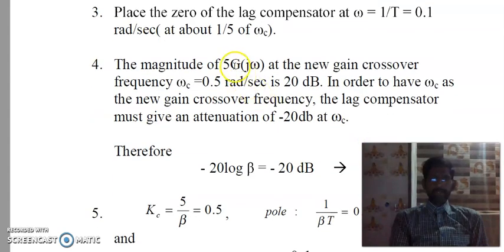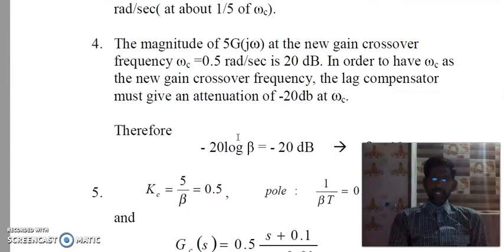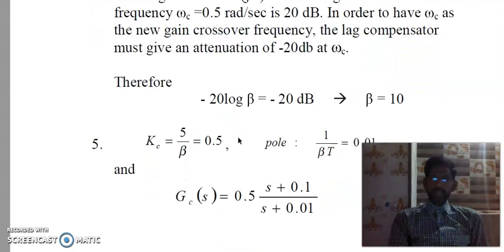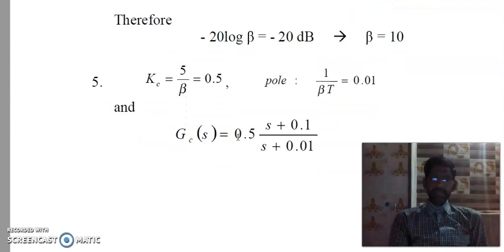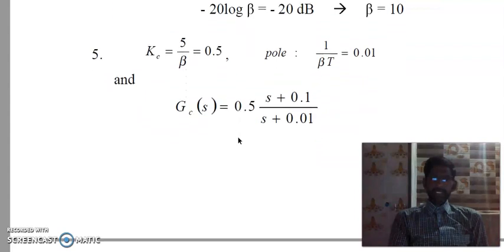The magnitude of 5 G of j omega at the new gain crossover frequency omega c equal to 0.5 radians per second is 20 dB. In order to have omega c as the new gain crossover frequency, the lag compensator must give an attenuation of minus 20 dB at omega c. Therefore, minus 20 log beta equal to minus 20 dB, which implies beta equal to 10. So Kc equal to 5 by beta, equivalent to 0.5, and Gc of j omega equal to